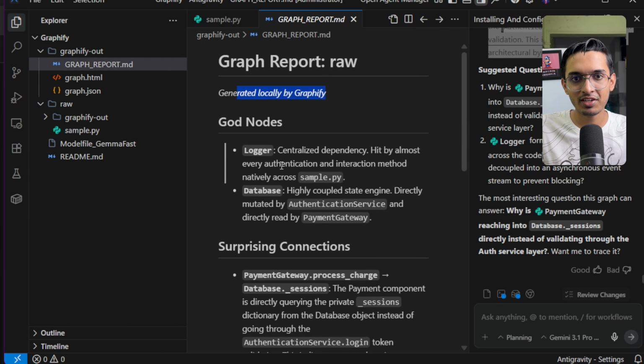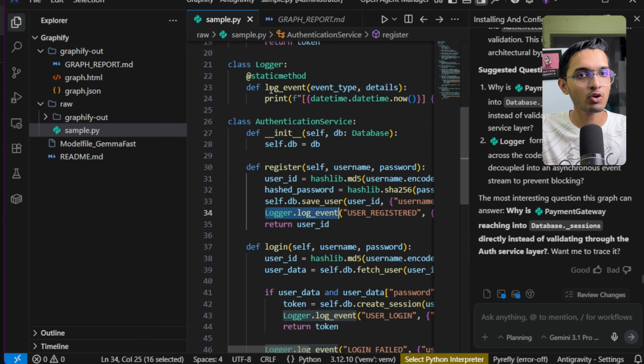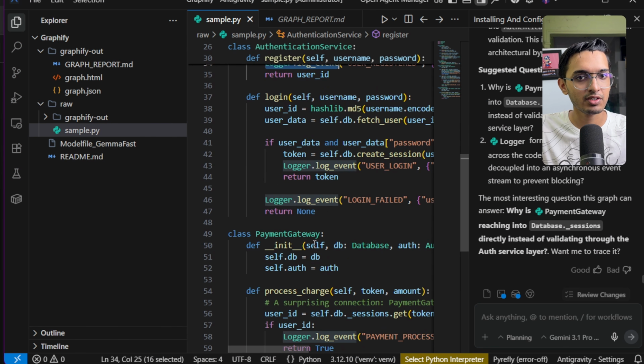The God nodes are given here. First it is saying that logger is a centralized dependency hit by almost every authentication and interaction method across the sample.py. Then the database module is also a highly coupled state engine directly mutated by authentication service and payment gateway. So if we check the sample file, we'll see this logger module is used many times, like here,